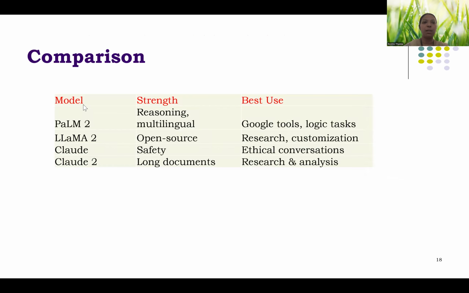So here is a comparison. So when can you go for GPT? Whenever you want to do some mathematical related works and also whenever you want some reasoning and you want to work with multilingual, you can go for that. And that time we can go for GPT. And whenever you want a customized application development, you can go for Llama since it is an open source model.